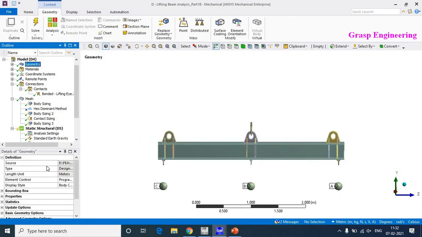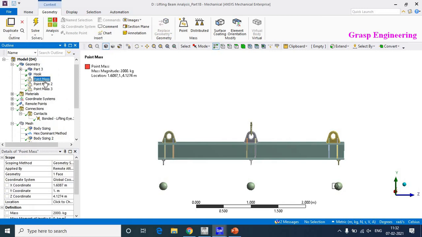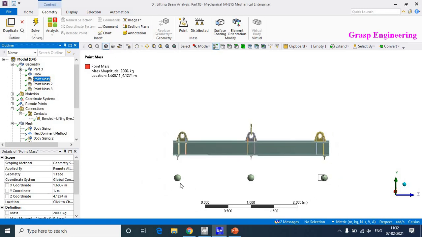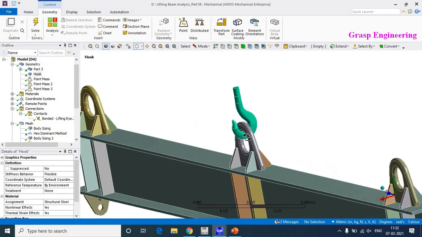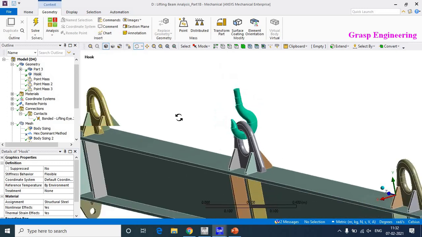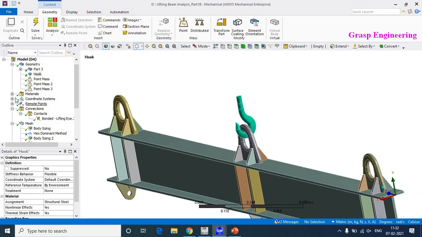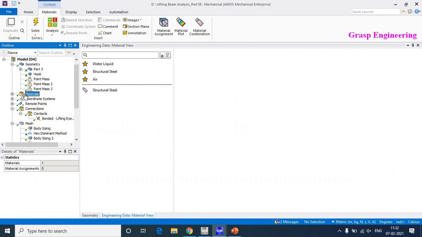The material is the same, structural steel. Then you will find the 3 masses which we applied: the first one here, the second here, and the third here. Now this is the additional part, the lifting hook, and its material is the same structural steel which we used.